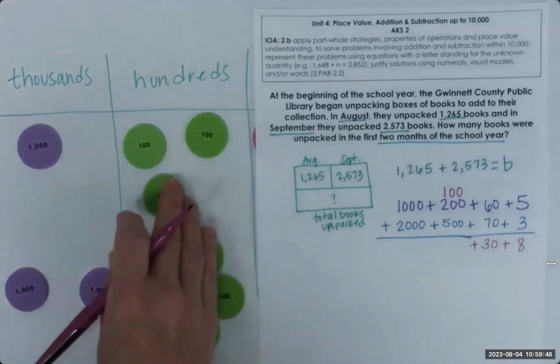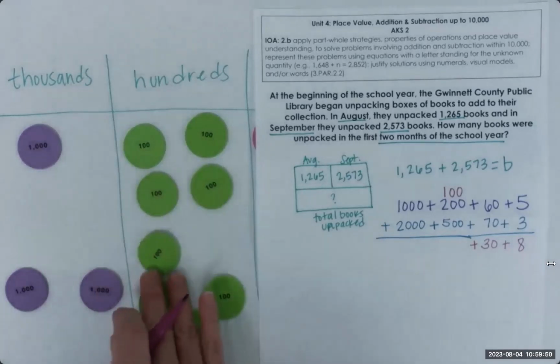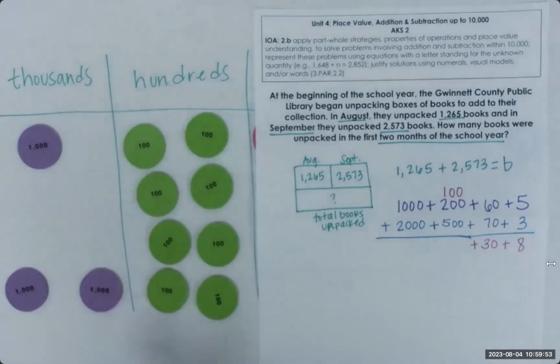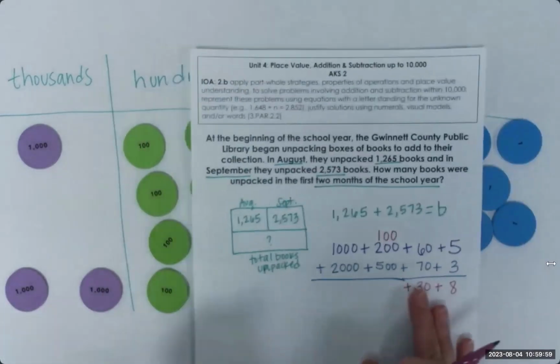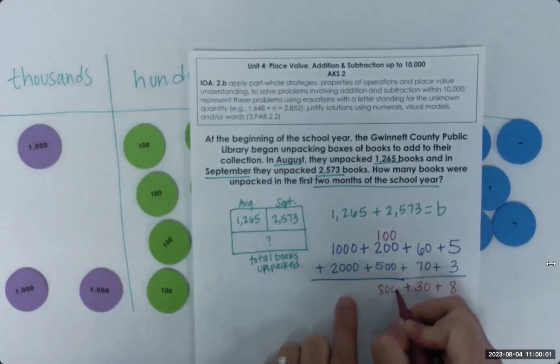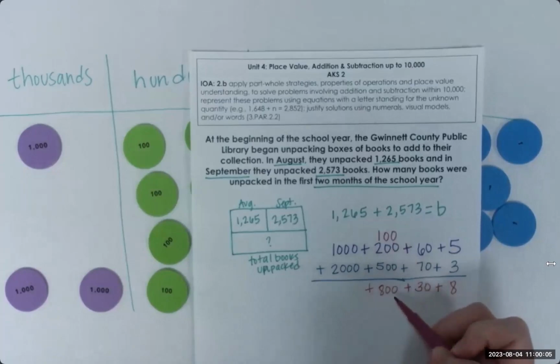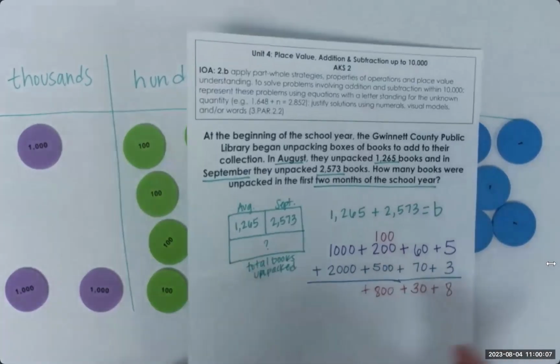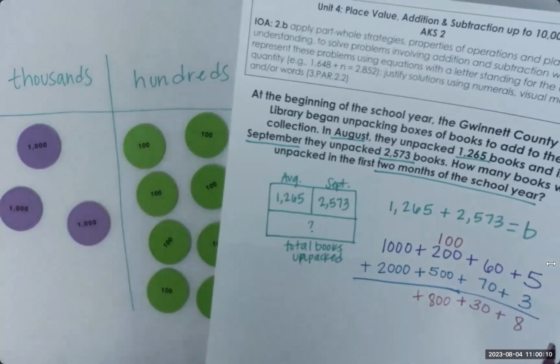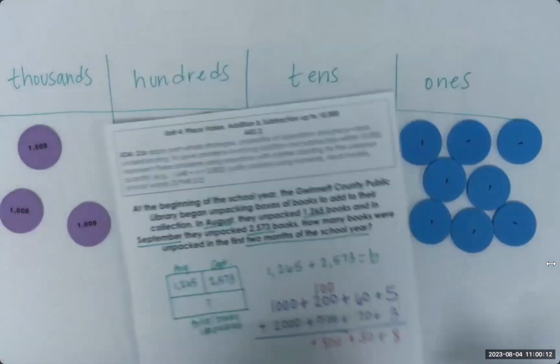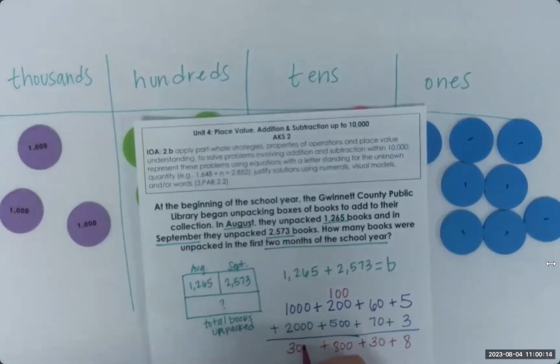So now when I'm working with my hundreds, I have 1, 2, 3, 4, 5, 6, 7, 8. I have 8 hundreds. Okay, so 8 hundreds has the value of 800. And that makes sense because 100 plus 200 is 300 plus 500 is 800. Okay, and last but not least, add up all my thousands, 1,000, 2,000, 3,000. I have 3,000